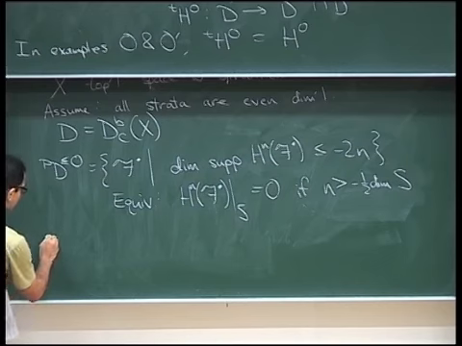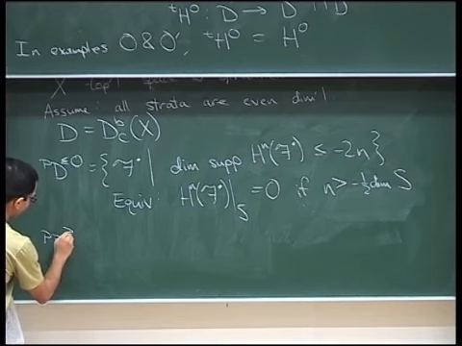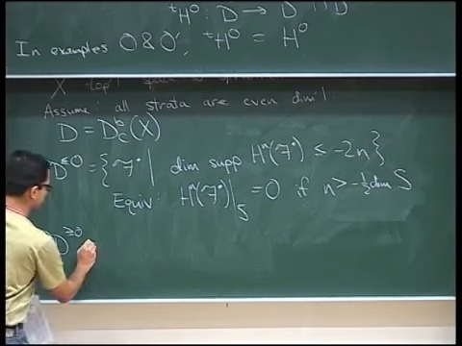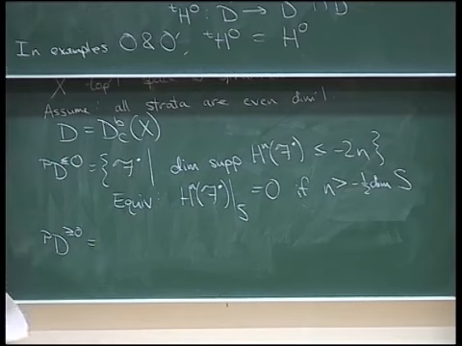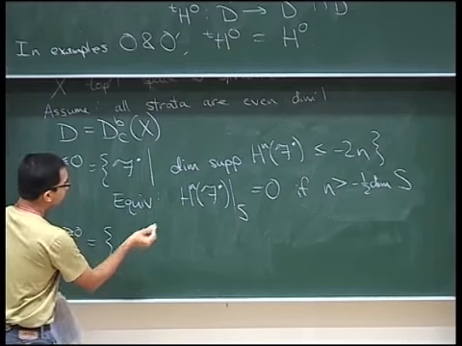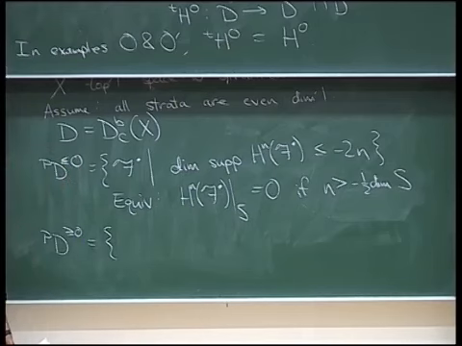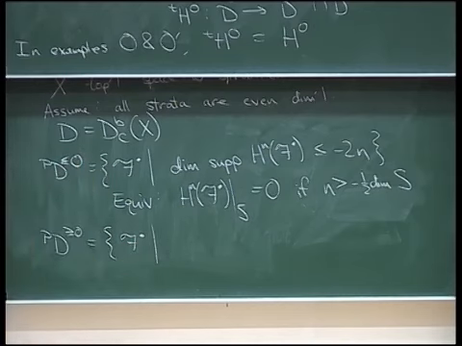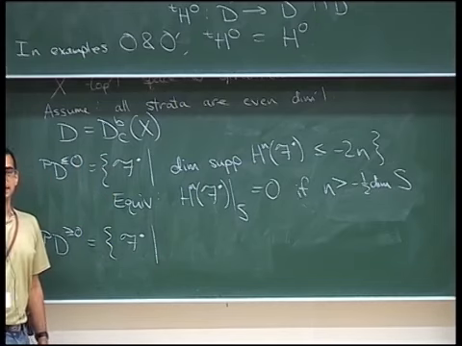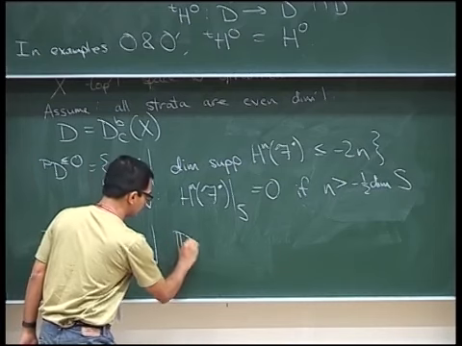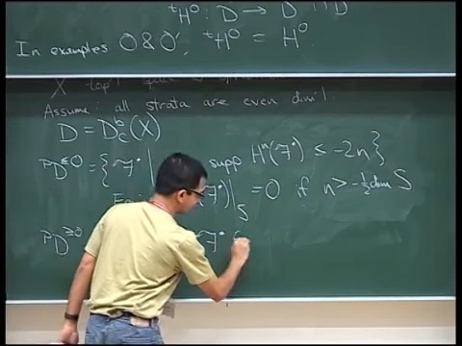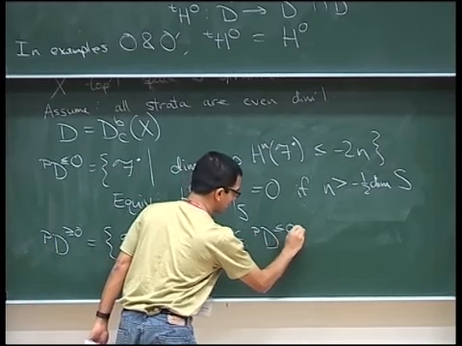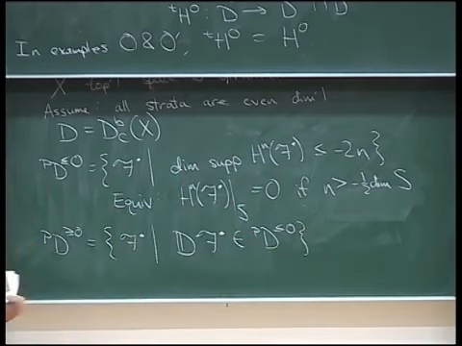And then the partner category that goes with it, the PD greater than or equal to 0. Well, it's possible to write down definitions of it that look more symmetric, but the easiest definition to write down is very far from looking symmetric. The definition of the greater than or equal to 0 category is that it consists of complexes whose Verdier dual is in the less than or equal to 0 category. And just to remind you what that is,